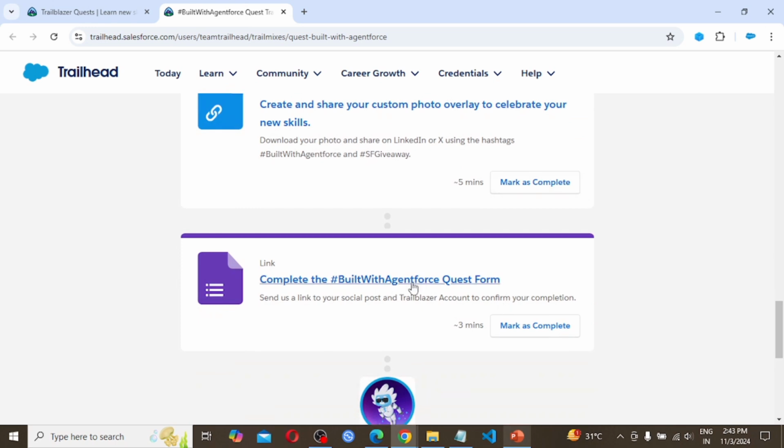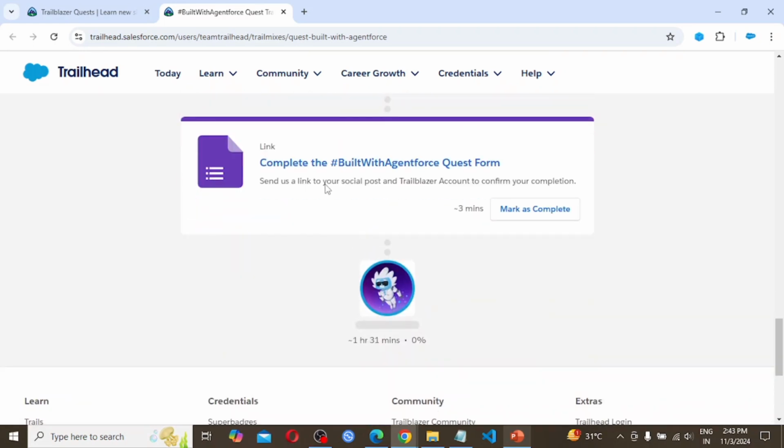Complete the Build with Agentforce quest form. We also have to fill in this form, and after completing all these sections it is automatically submitted. We don't need to submit it separately.